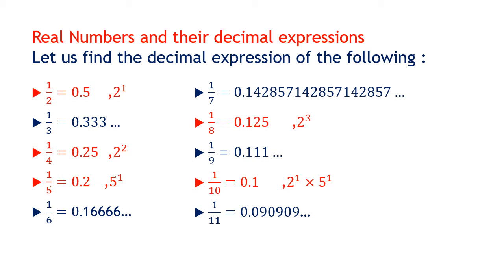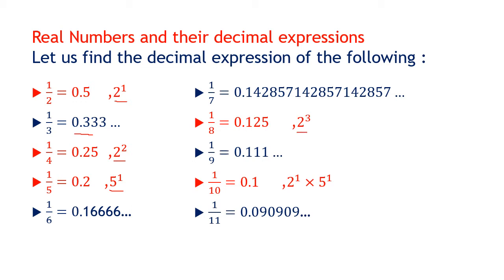In this case, the denominator is 2. That is a power of 2, 2 raised to 1. This is non-terminating. Denominator is 3. Now here it is terminating, the denominator is 4. But 4 is written as what? 4 is written as 2 square. So again it is a power of 2. 1 upon 5 is terminating, and the denominator is written as 5 to the power 1. And 1 upon 8 terminates. So what is the denominator 8? Written as 2 to the power 3.